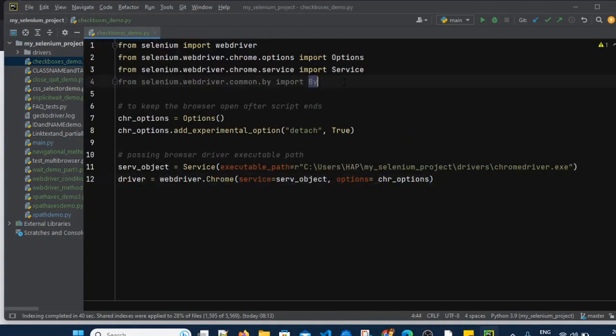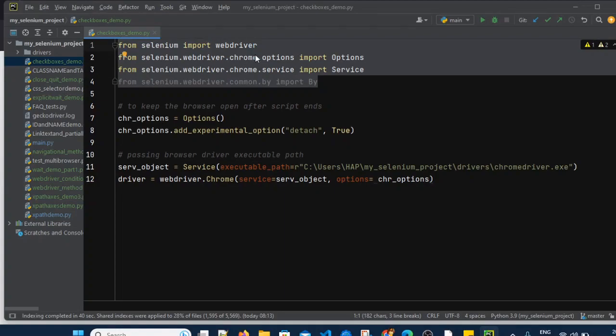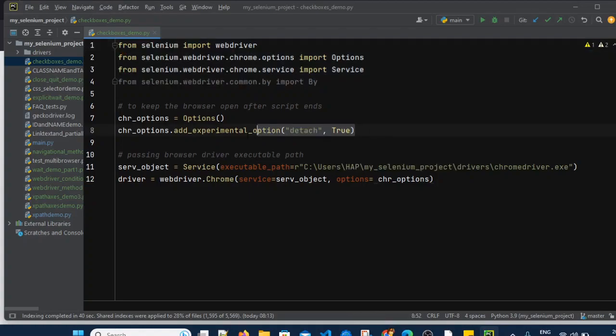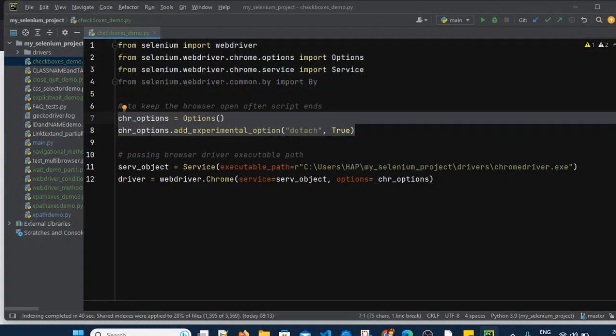We are importing some packages for WebDriver, options, service and By. We have created an options class object and we are passing add experimental option with detach value as true. Why are we passing this statement? We are creating Chrome options, and adding detach as true for experimental option.